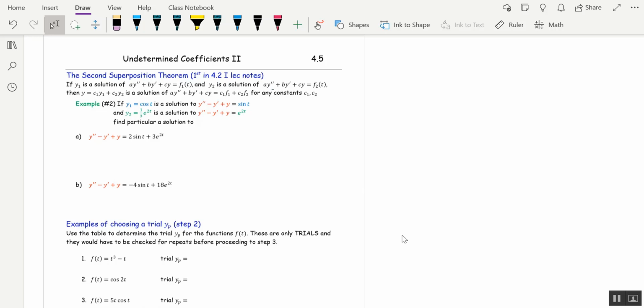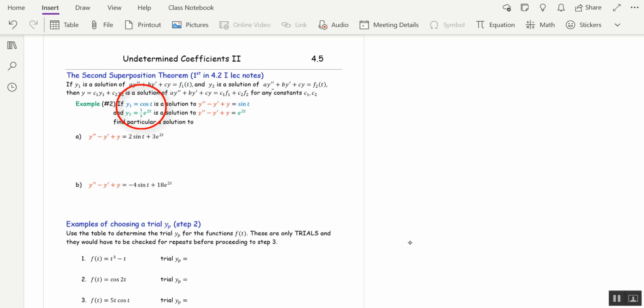Suppose we have two solutions, y1 and y2, of two differential equations, but the left-hand side of each differential equation is the same. The only thing that changes is the right-hand side. So if you read that theorem above, the f1 would be sine t, and the f2 would be e to the 2t. And we want to find a solution to two differential equations where the right-hand side is a combination of f1 and f2. So in example A, the right-hand side is 2f1 plus 3f2. So a theorem would tell us that a solution would be